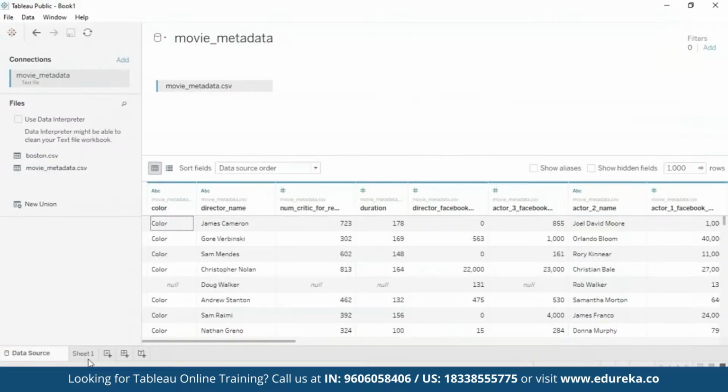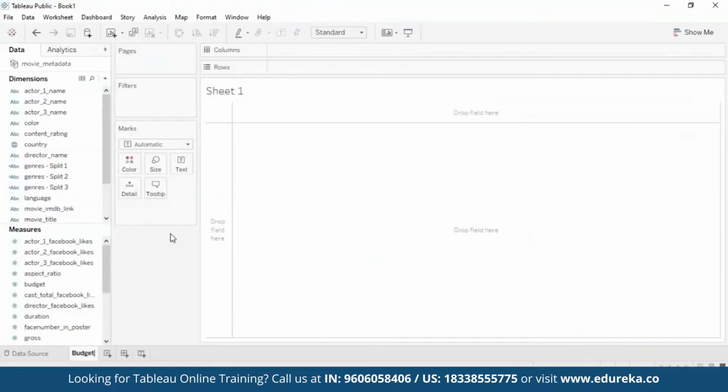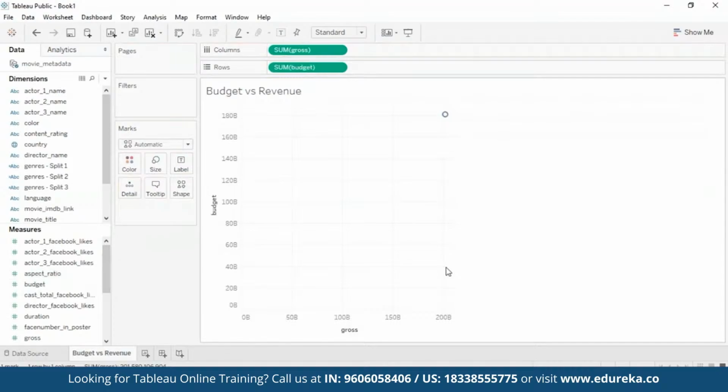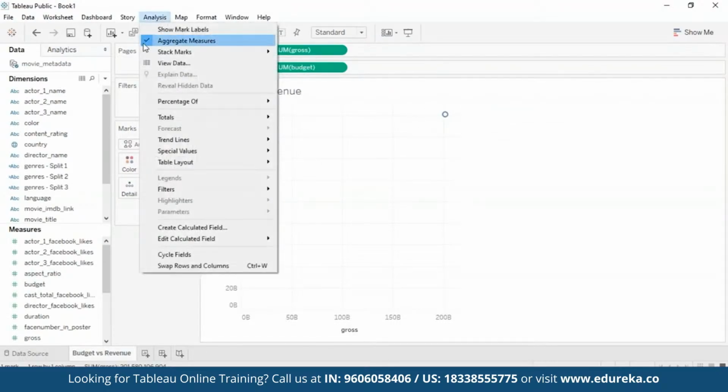So we're going to start out with sheet 1. Normally we would assume that high budget movies generally make higher revenues, but we can be proved totally wrong through this analysis. So let's go ahead and check it out. Let's bring in our gross versus budget. And here, as you can see, again, it's showing us only 1 point, which means we go to analysis